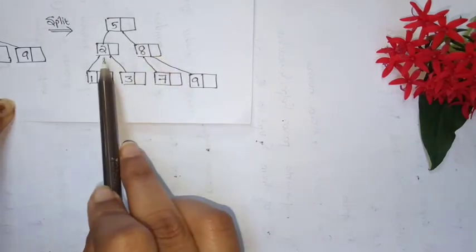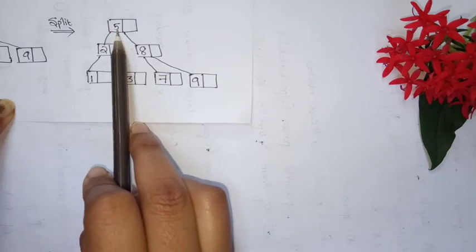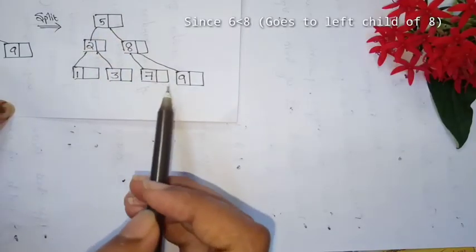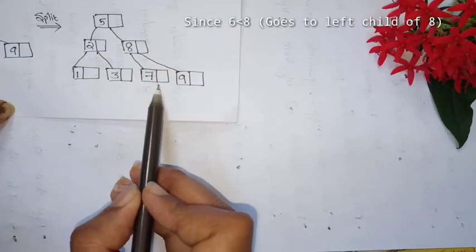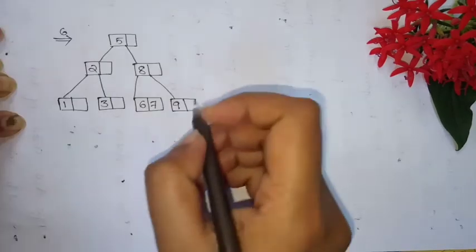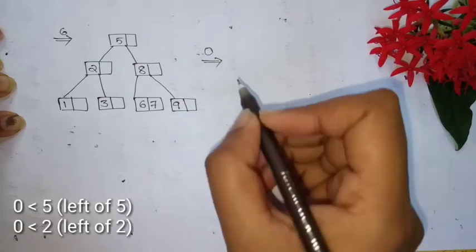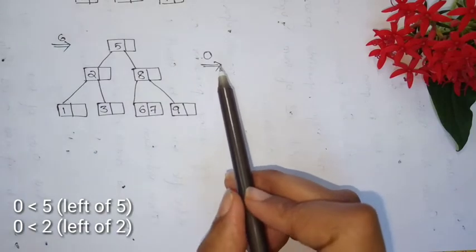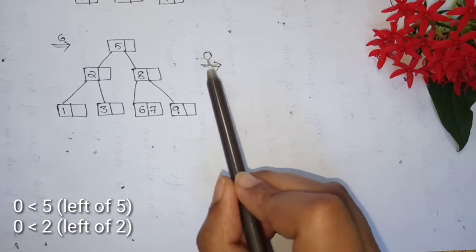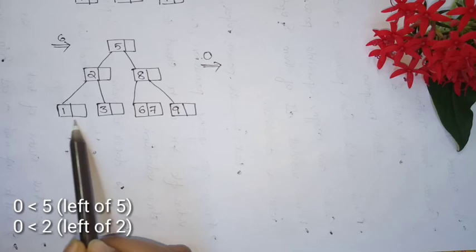When we look into this particular tree, we start from the root. We know that 6 is greater than 5. So it goes to its right side node. Here I found that the most appropriate node where I can place this 6 is along with this node 7. Now the next element that has to be placed in this B tree is 0. And the most appropriate position wherein which I can place this particular key is along with 1 in this particular leaf node.